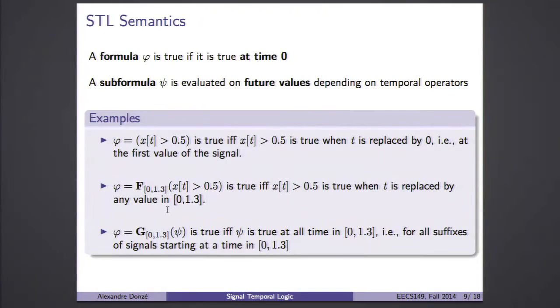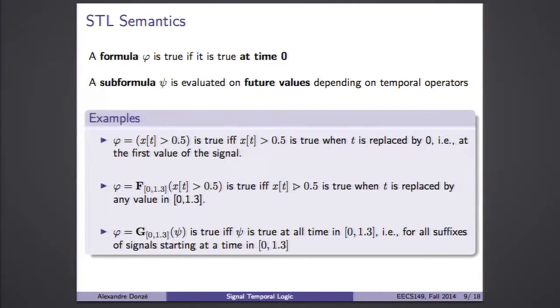Now, eventually 0.1.3, x of t greater than 0.5 will be true if you find any value in the interval 0 and 1.3, for which if you replace this t with this value, x of t greater than 0.5 will be true. Right. It's supposed to be existing, right? Yeah, there exists a tau, there exists some value in 0 1.3 such that x of tau's value is greater than